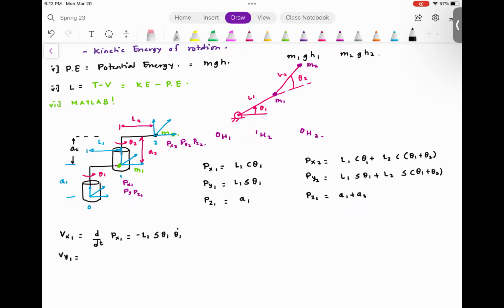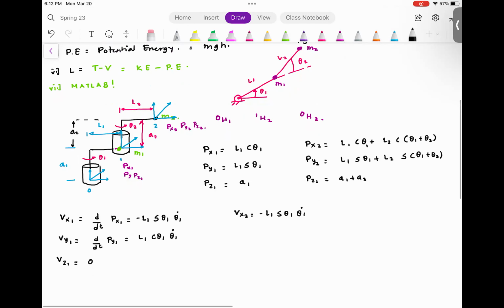Vy1 is d by dt Py1, which is equal to L1 cosine theta 1 dot. Vz1 is equal to 0. Are you with me? Because A1 is a constant. Same thing, I'm going to do Vx2, which is minus L1 sine theta 1 dot plus